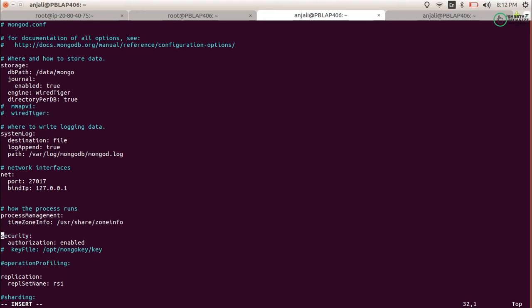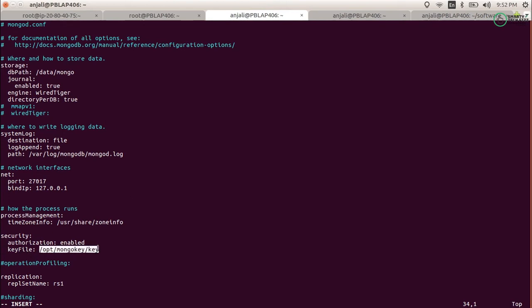And then the main thing you need to do is provide the key file. What is a key file? The key file is the file you use for internal authentication between replica set members. How? I'll show you that. This will be the key file, and it should be stored at this place.